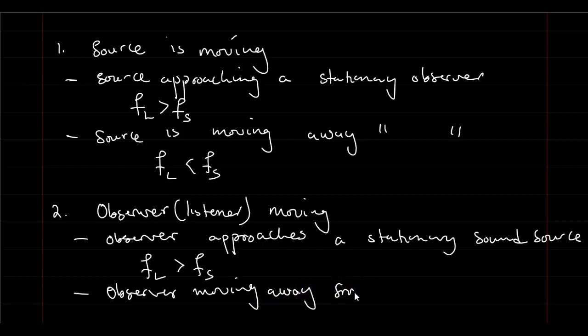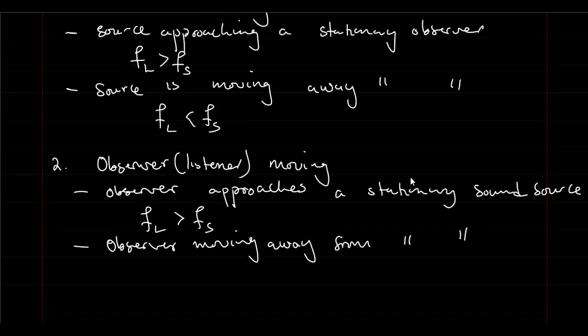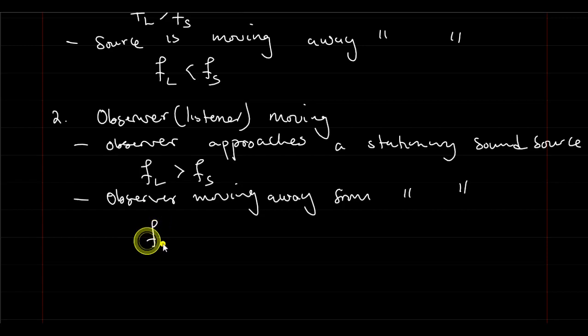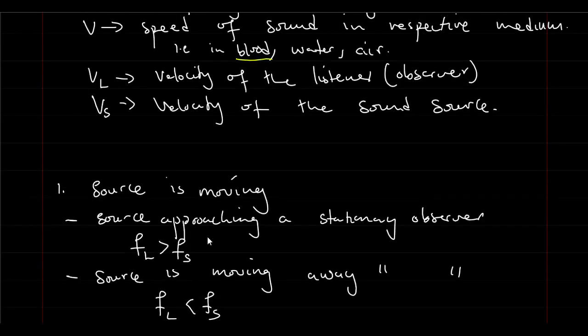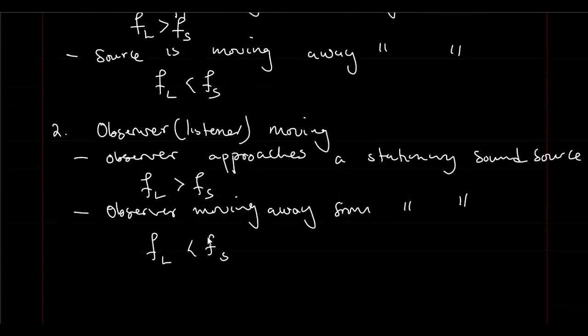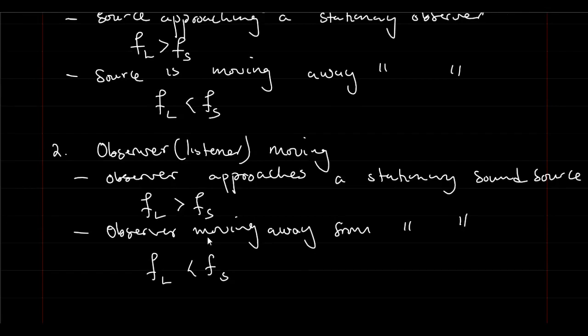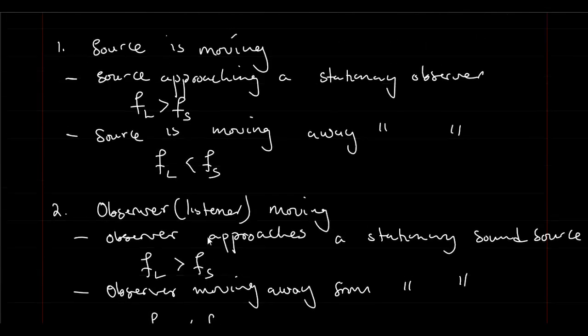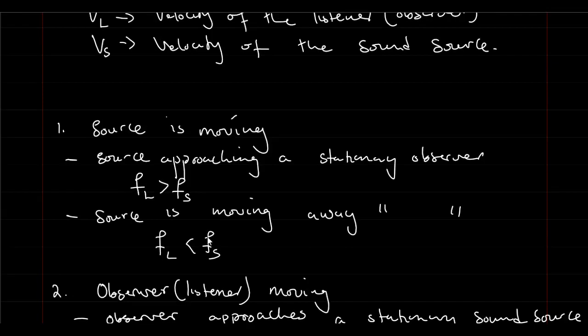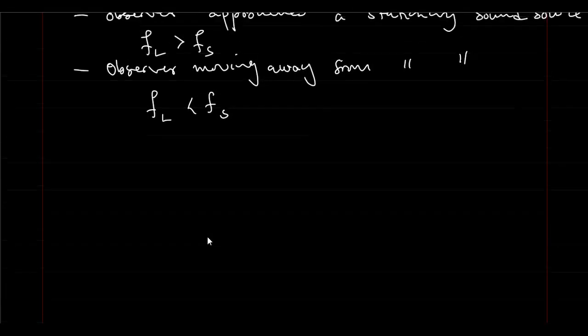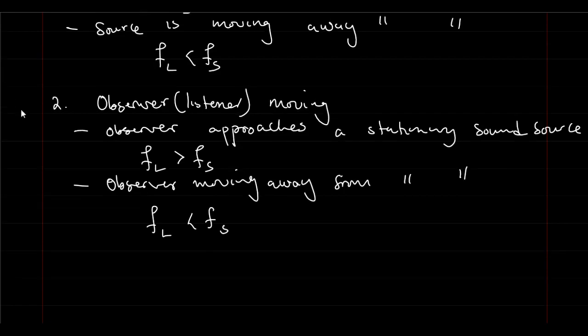So, moving away from a stationary sound source, here also the frequency observed by the listener will be less than the frequency emitted by the sound source. Okay, so now we can use this Doppler effect formula to show all these aspects that I'm talking about. Now, from scenario number 2, whereby the observer is moving,